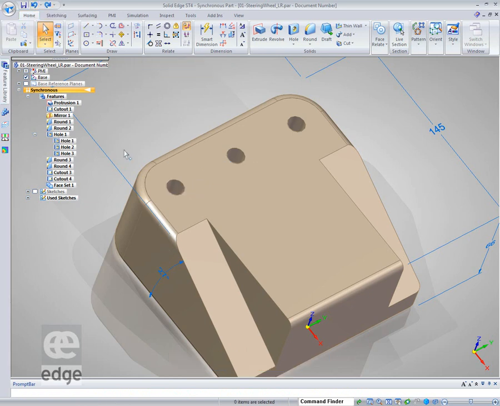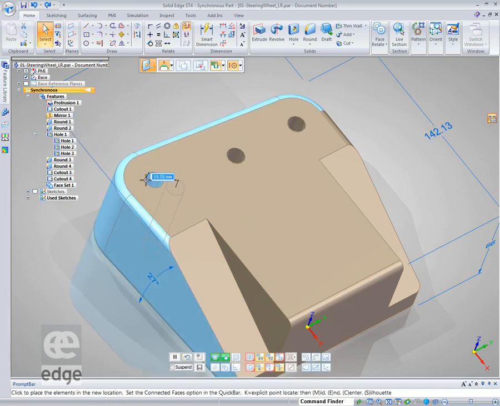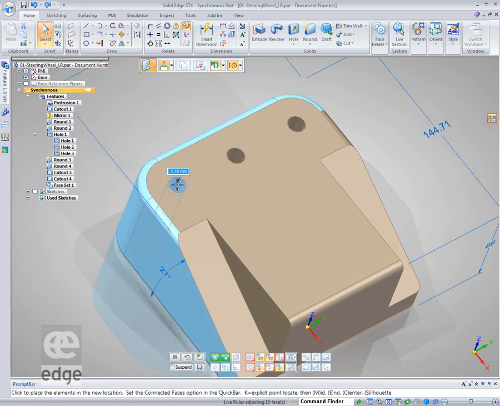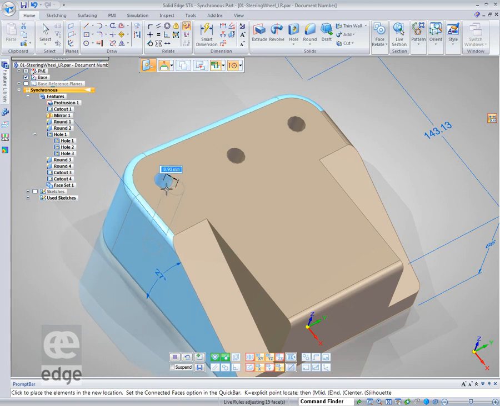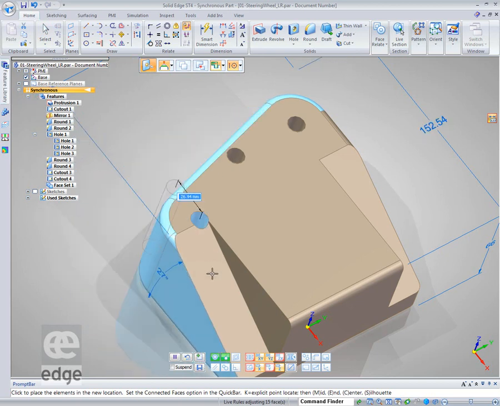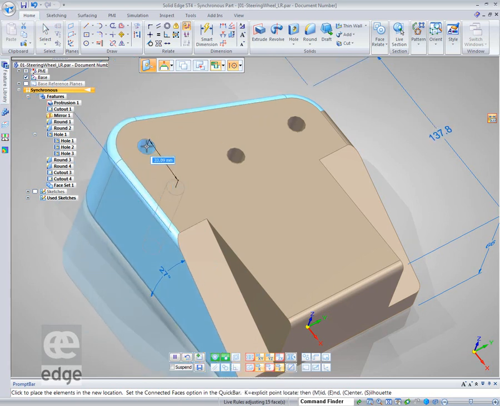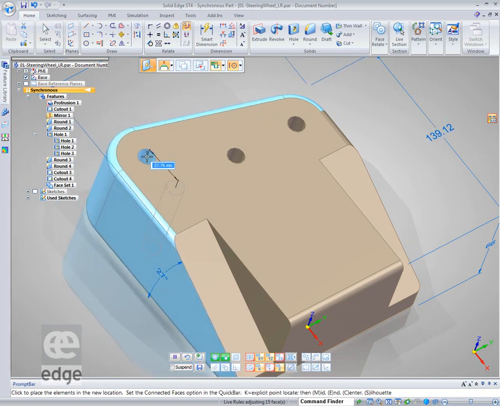And take the rule, but this time I want to turn on concentric and maintain tangent faces. So now when I move this, I'll do the freeform move again. Notice what's happening. The faces that are highlighted in blue are the faces that are being affected, and we can see it's being maintained as concentric. I was trying to think of the word, concentric, and we can see the tangencies are remaining. If I escape,